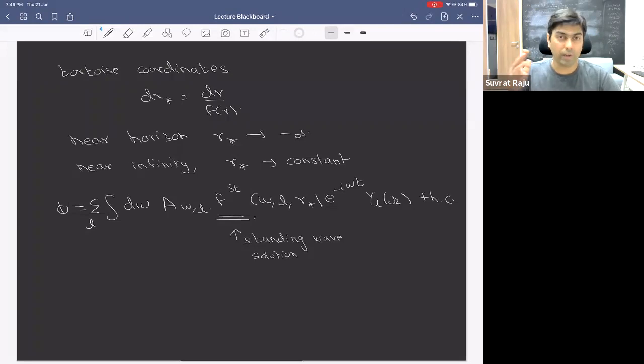So this is one difference between the way we are treating AdS and the way we are treating flat space, in that in AdS, by imposing normalizable conditions, we have killed one solution of the wave equation, and we have only these standing wave solutions. And these standing wave solutions have the form,